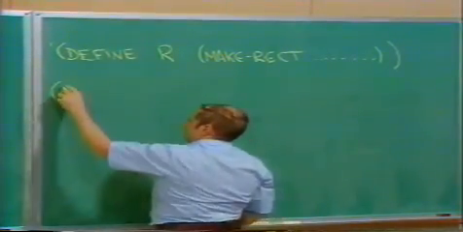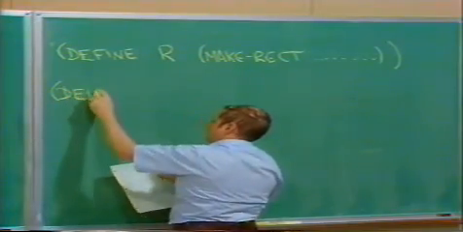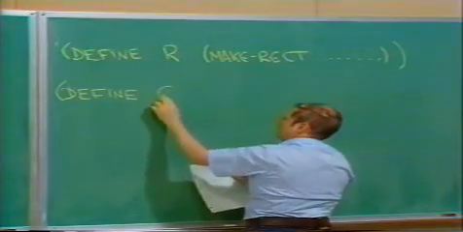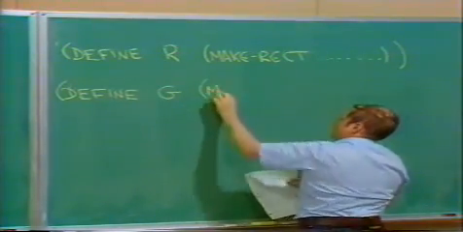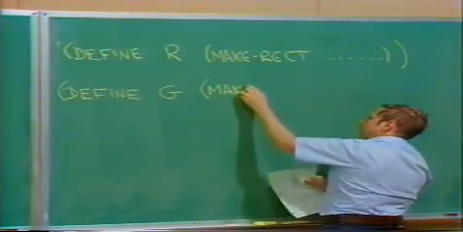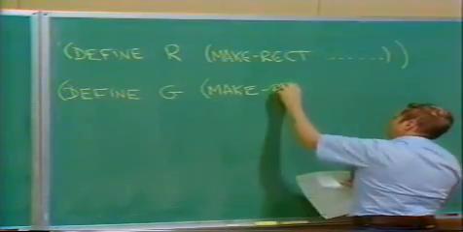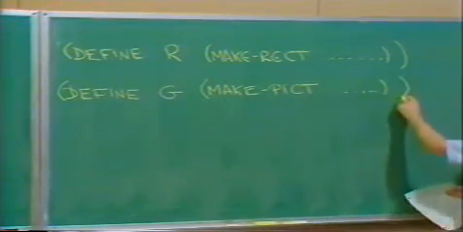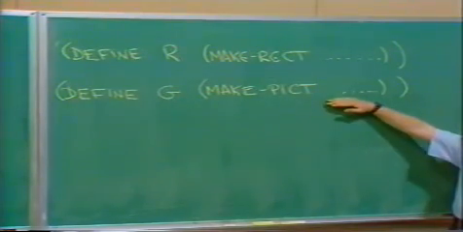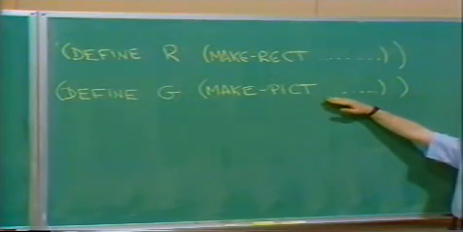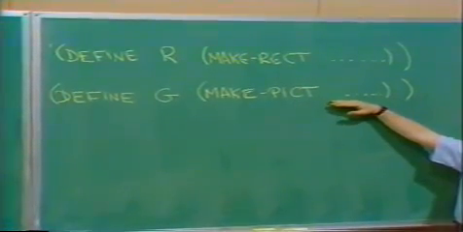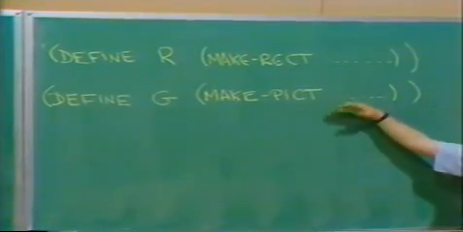And then I could say define, say, G to be make picture, and then some stuff. And what I have to specify here is a list of line segments, right, using make segment. And make segment might be made out of vectors, and vectors might be made out of